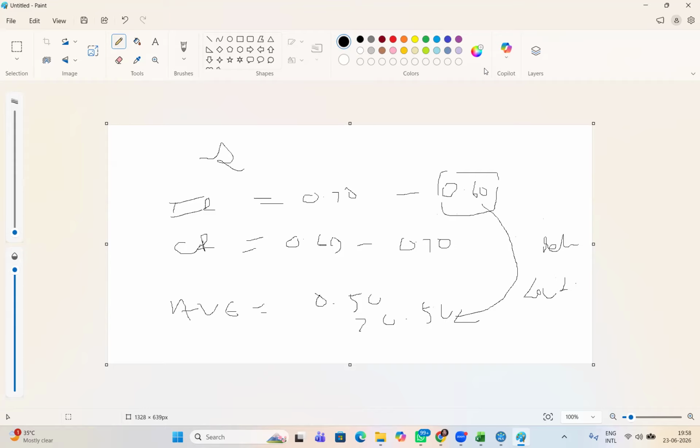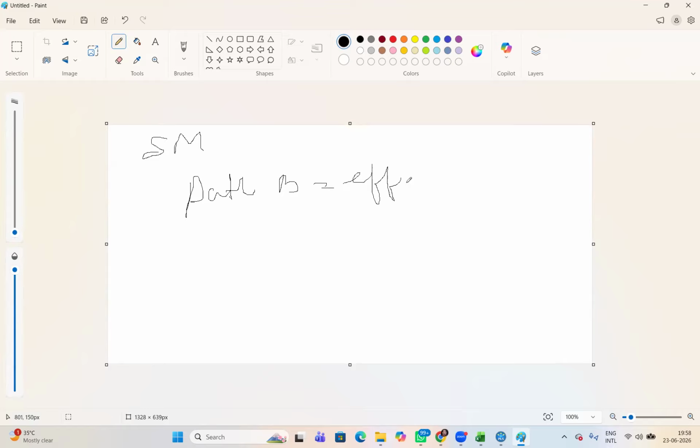Okay. Now, this is about our measurement model. Measurement model means outer model. It means regarding reliability and validity. Now, what about the structural model? In the structural model, we have to check the path. Path is basically a beta value. Beta value is equal to effect size, that is, what its effect is. Okay. So it should be significant.